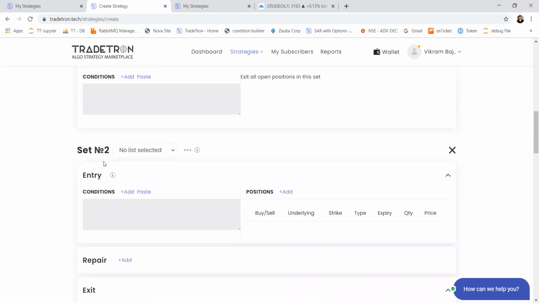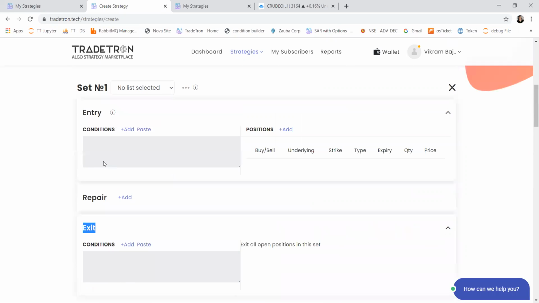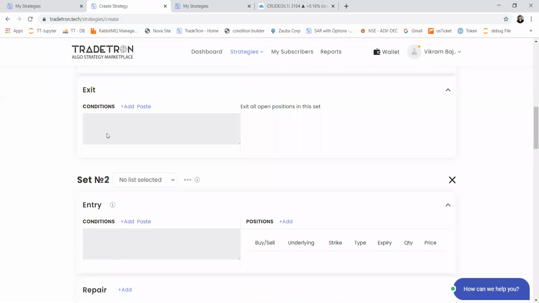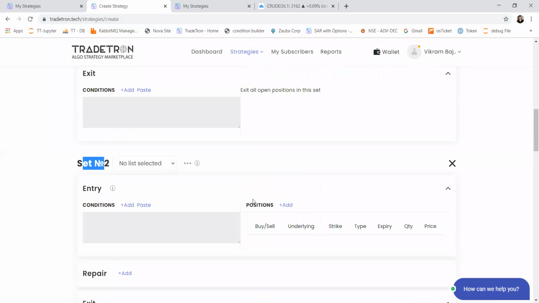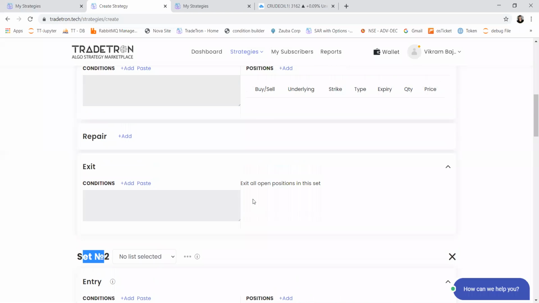You can consider every set as a subset within a strategy, a sub strategy within a strategy. When the exit condition is satisfied, only the open position of this set will be exited. If entry is satisfied, then only the positions you have defined in the entry of set 2 will be taken. So both sets are independent of each other.